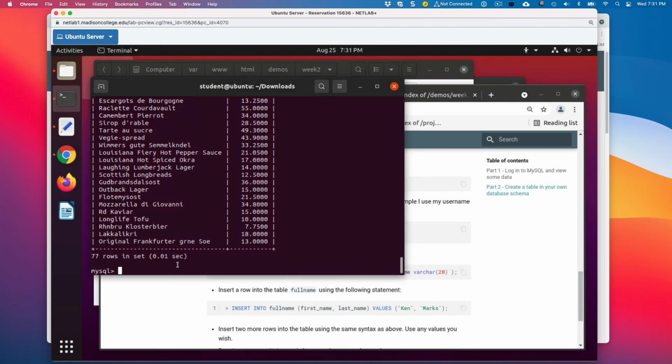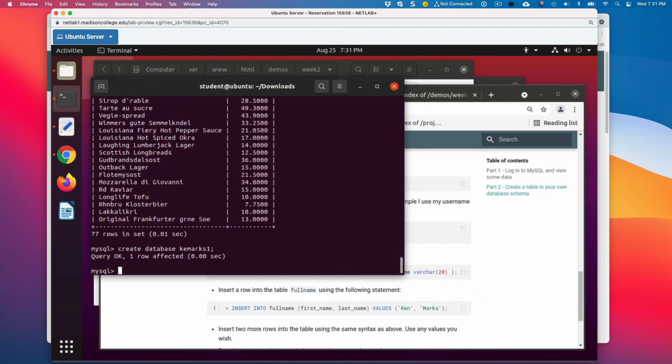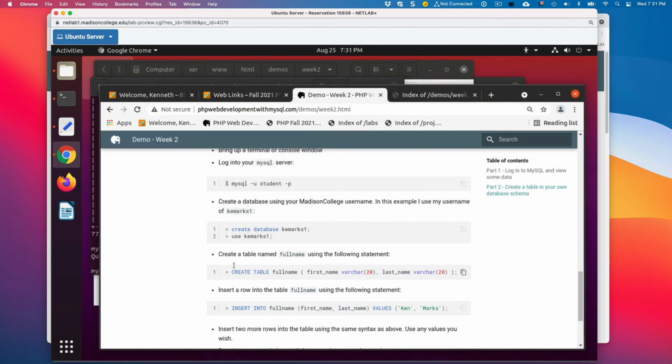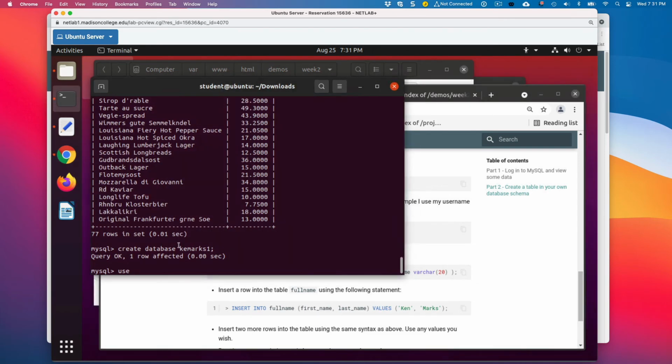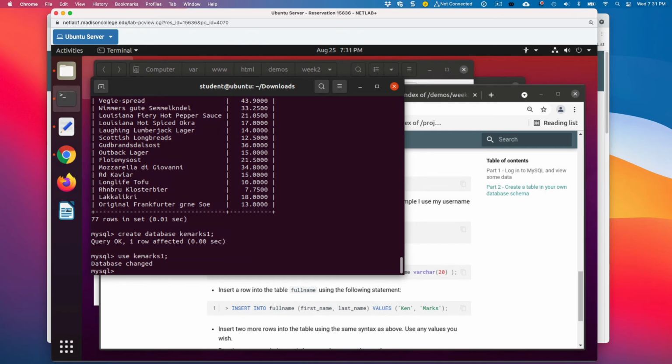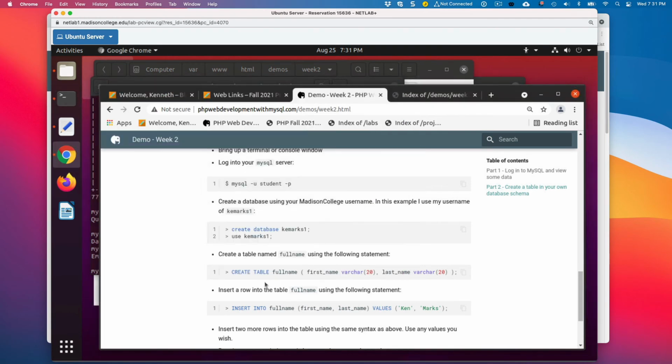So you'll say create. Remember, you've got to be in MySQL. Create database, and mine's going to be kemarks1. So I created that database. Now we want to use it. Let's say use, and just say the name of the database. Use kemarks1. Now we're using it. And then if I say show tables, there are none. Okay, it's empty. So we're going to say create table,